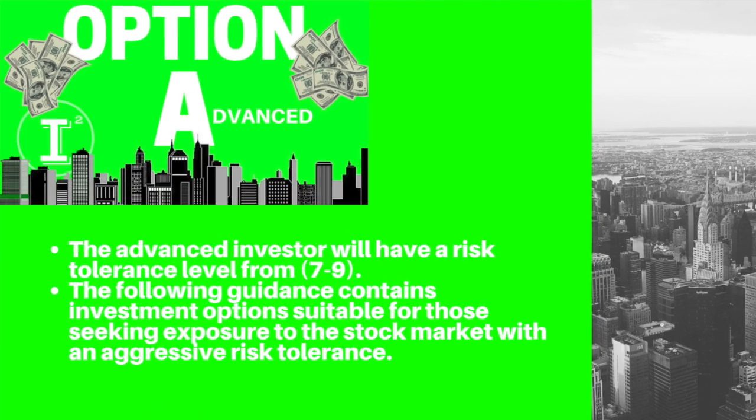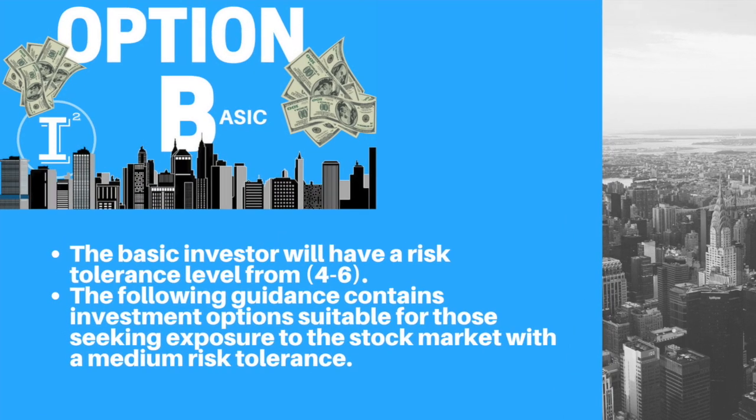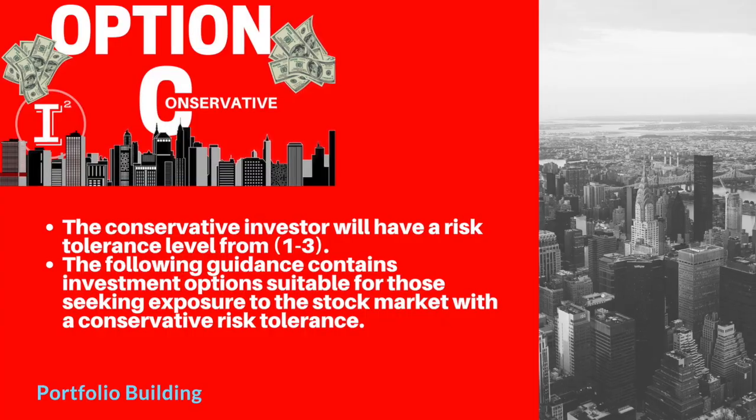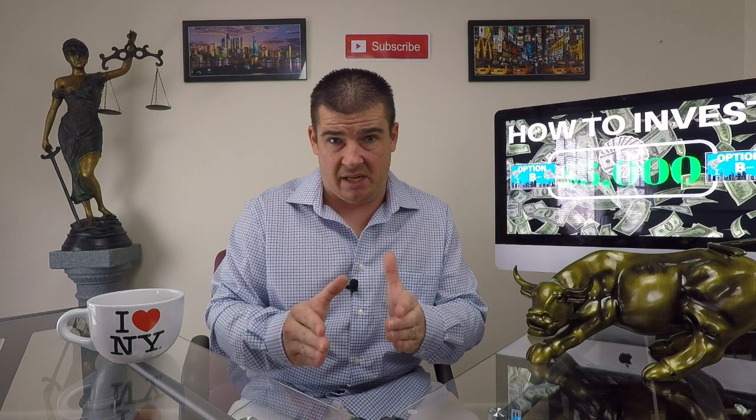If you were an option B basic investor, I have 3 categories. I have the advanced option A investor, I have the B, which is the basic investor, and I have the C investor for the conservative, okay? What that basically means is if you're a conservative investor, I've got you in a risk tolerance of 1 to 3, okay? You're one of those investors that are really, really conservative, really, really safe, don't want to lose money, don't have a lot of experience, could potentially move up to a basic investor, right, in due time, but you're being honest with yourself and you want to start somewhere, all right?